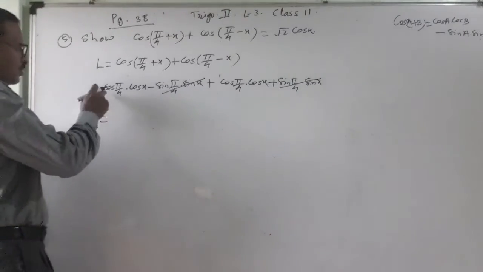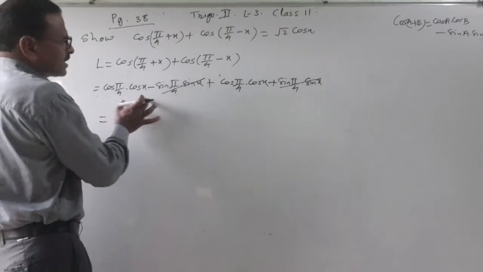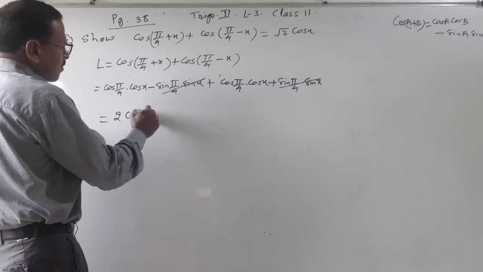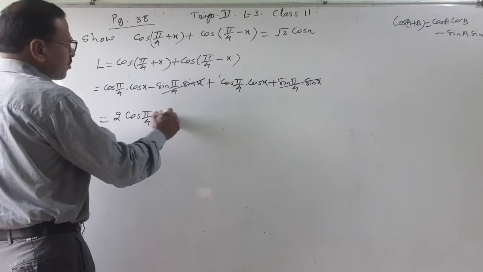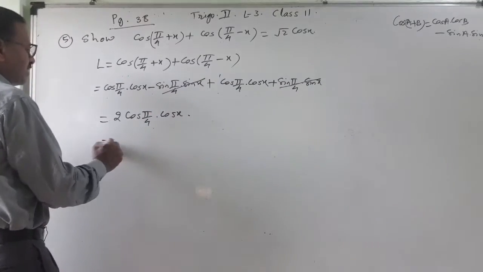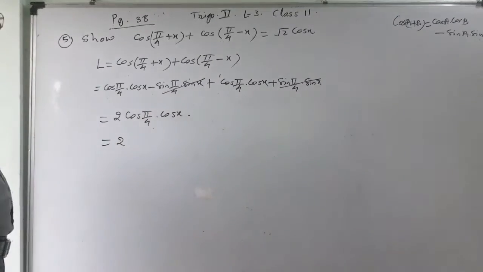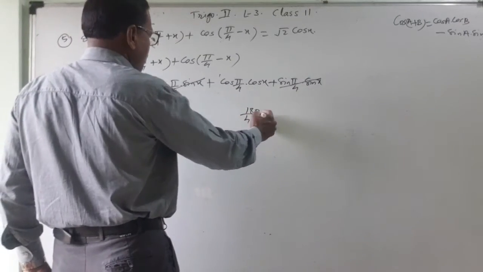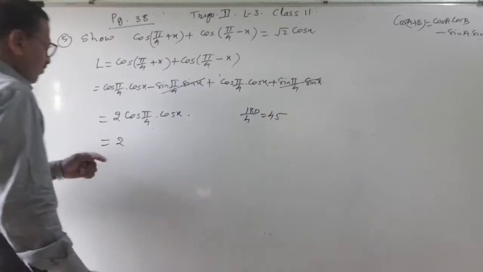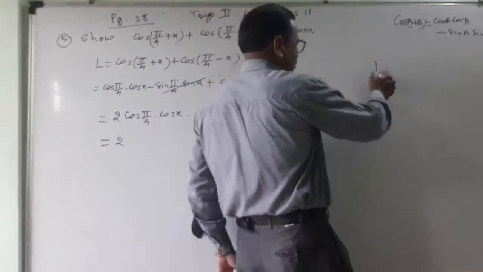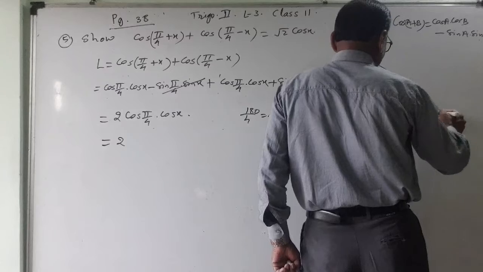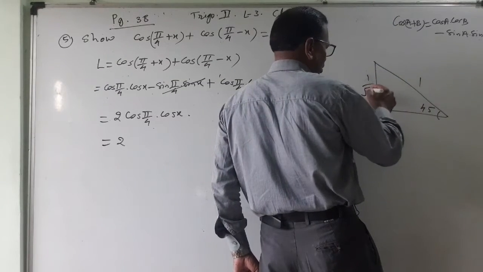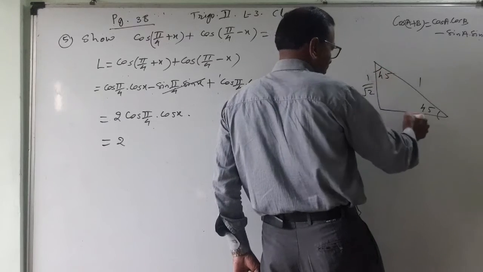Cos of pi by 4 into cos x plus cos of pi by 4 into cos x. So this is 2 cos of pi by 4 into cos x. That is equal to 2 into cos of pi by 4. Pi means 180. 180 upon 4 is equal to 45, and cos 45, I have told you how to know all these values. 45 degree, hypotenuse 1, this will be 1 upon root 2, this will be 1 upon root